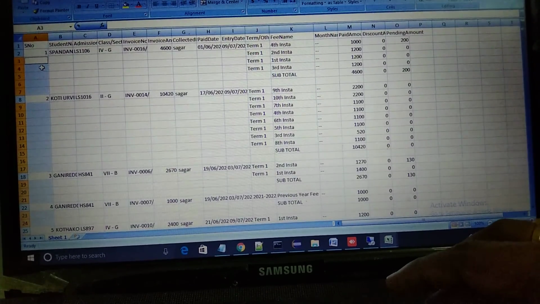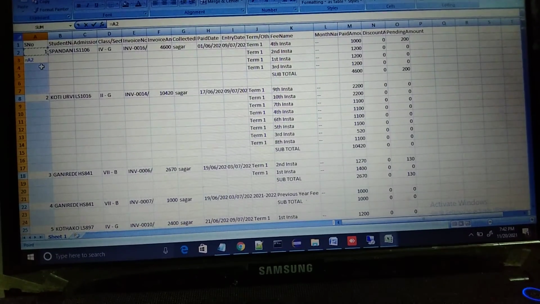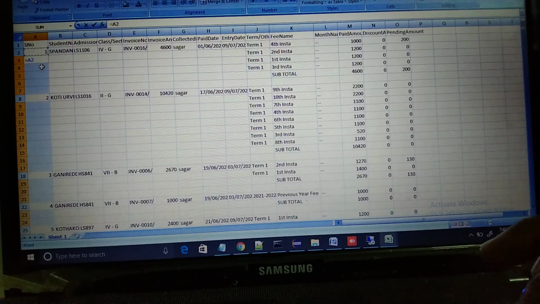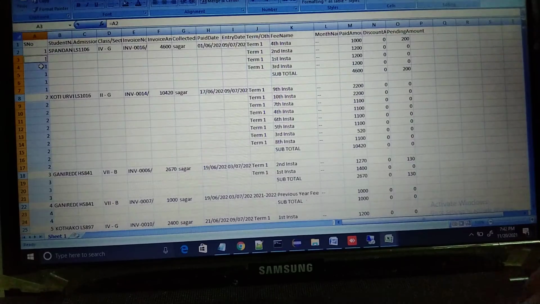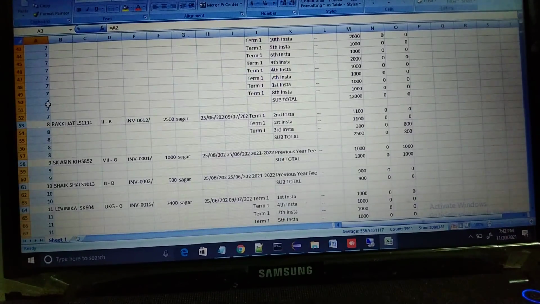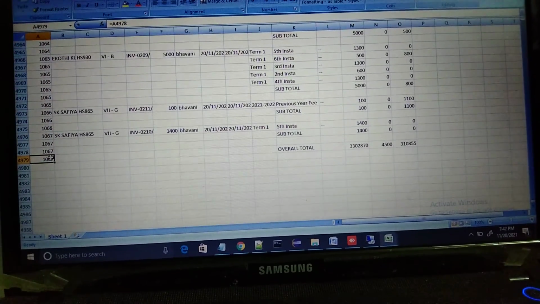You just need to put in a formula there: put equal to and press the up arrow. So you are assigning the upper row value there. Then, instead of Enter, you need to choose Control Enter. Have you seen? All the empty cells have the values of their upper row appended.